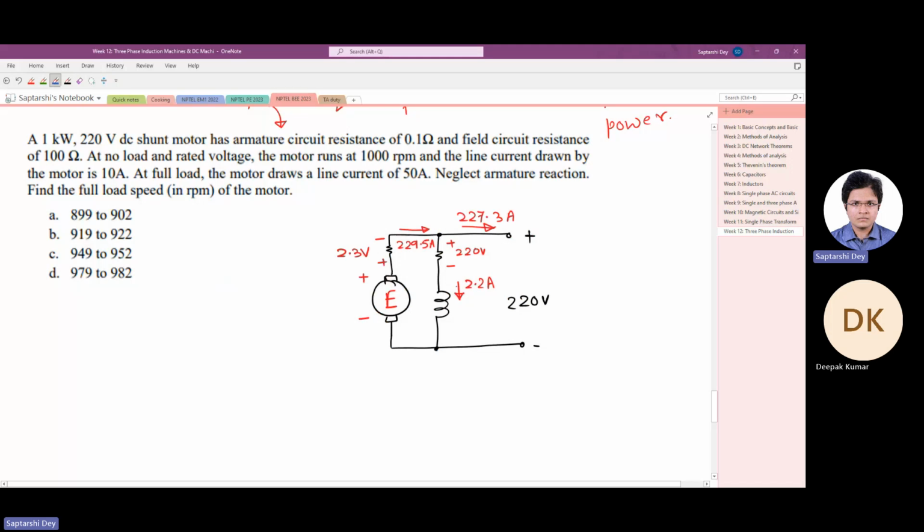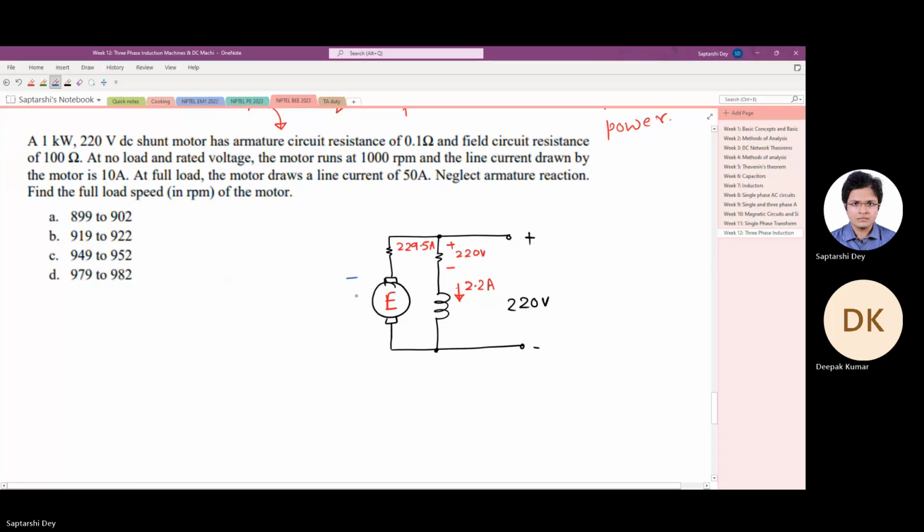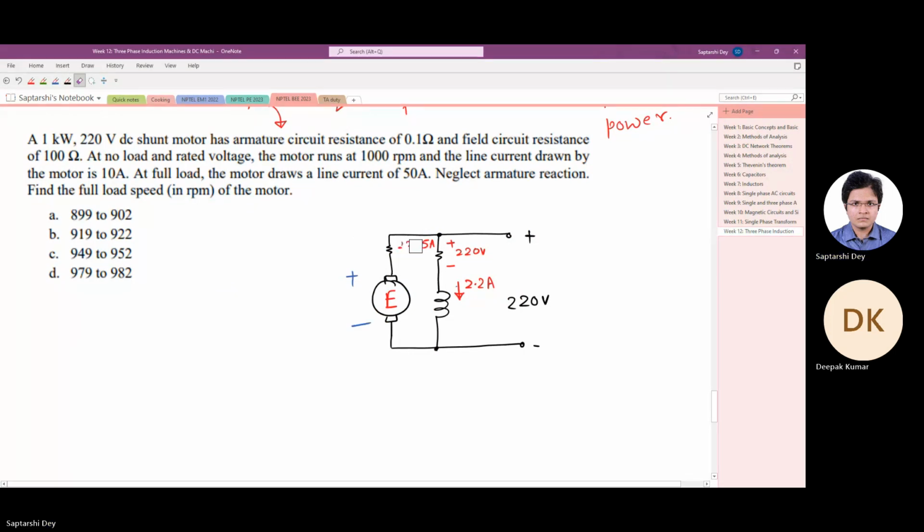Oh, it's a motor. Sorry. Elements. Why is it not going? Anyway,